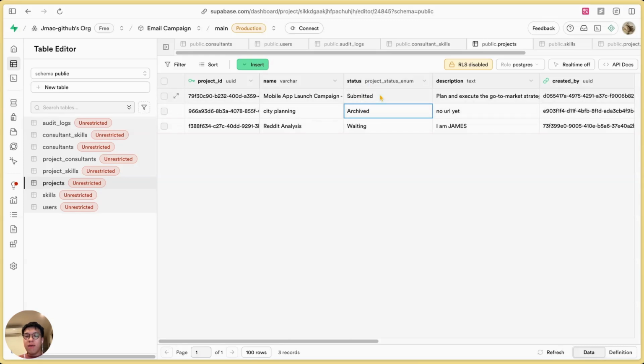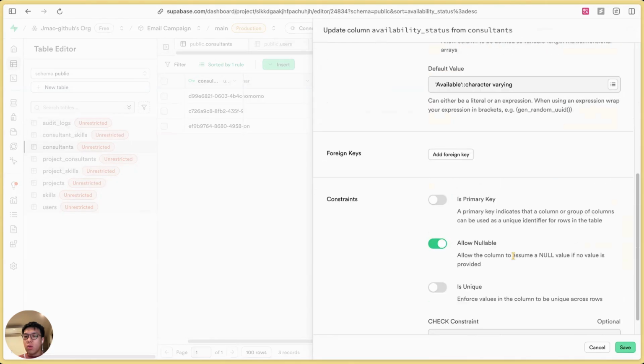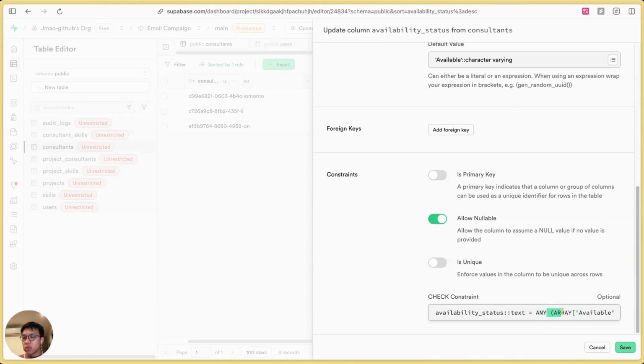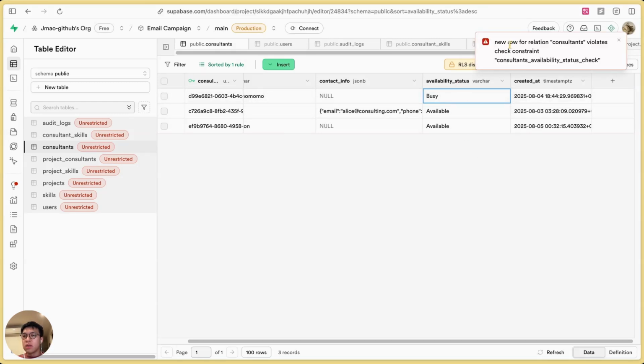But if you do not have this enumerated type, for example, my consultant table, which shows availability status, is not a drop down. If you want to see what values it includes, it shows an array. So in this field, it can only take available, busy, and unavailable. But if I put something else, for example, not busy, it won't take. You see this check constraint, string